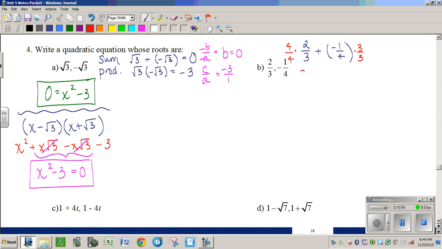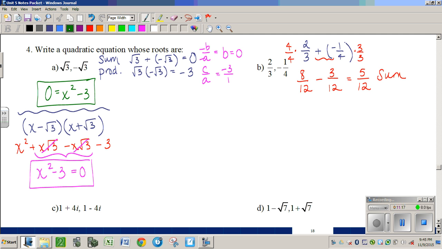So I now have nice new fractions of 8/12, and we're pretty sophisticated math people here, so instead of plus a negative, we're going to do minus 3/12. Okay, so 8/12 minus 3/12 is going to land me at 5/12. So there's my sum